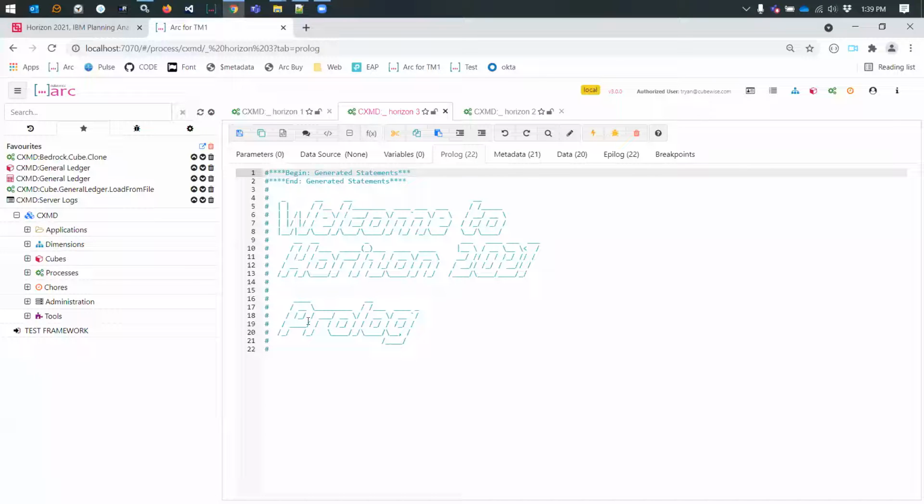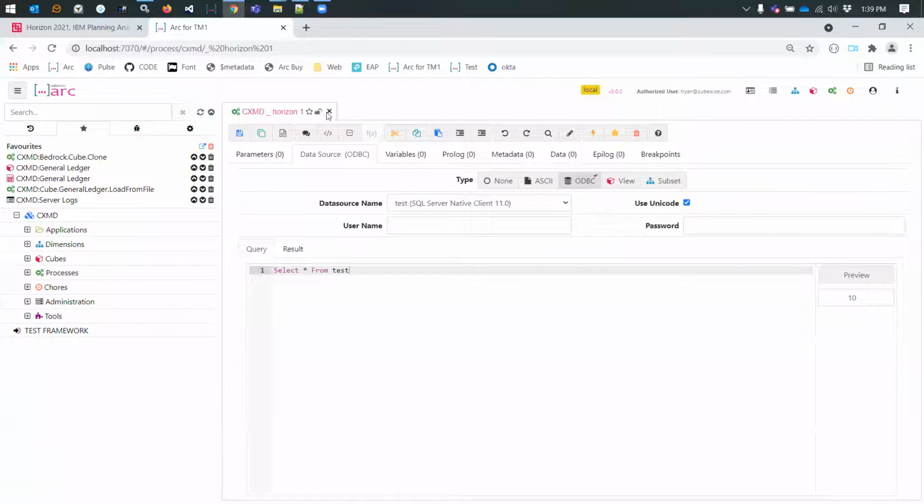And there we go. You can see you're in your prologue tab, metadata tab, data tab, and epilogue. There you go. So welcome to Horizon 2021. Now, another thing that's quite similar to these, I'm just going to close these off, is